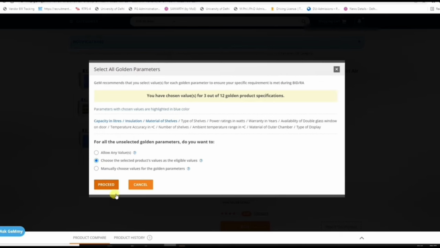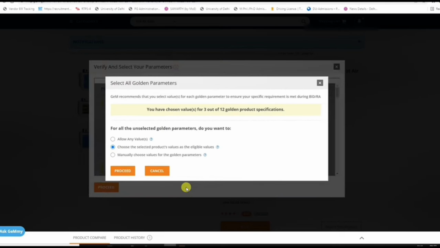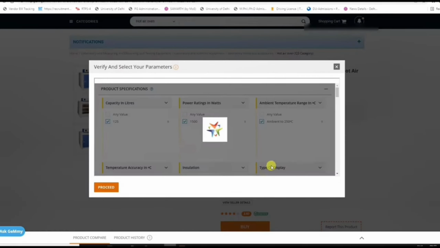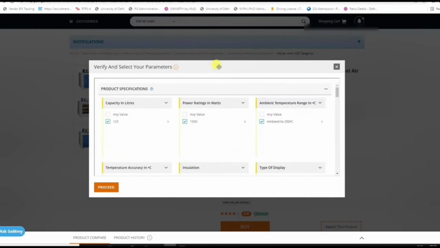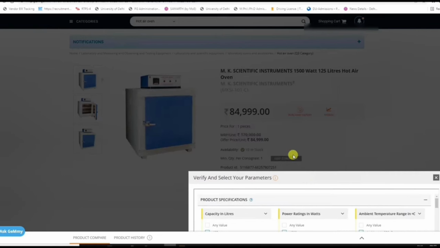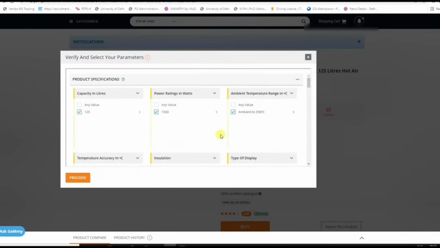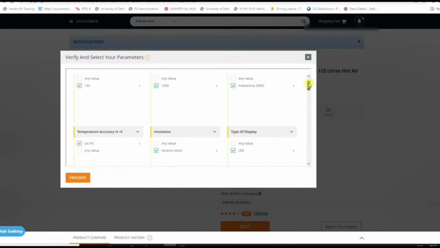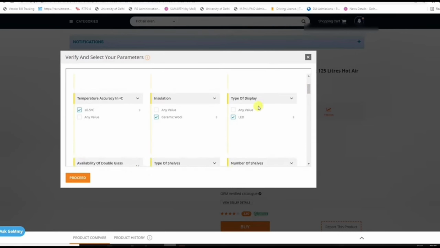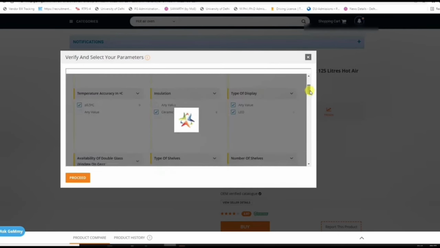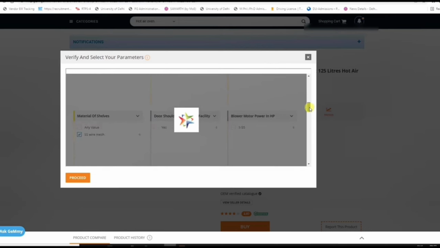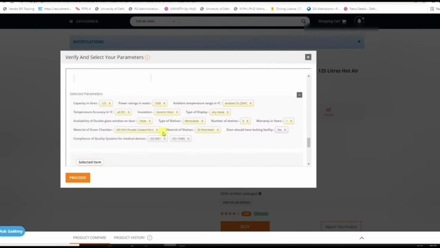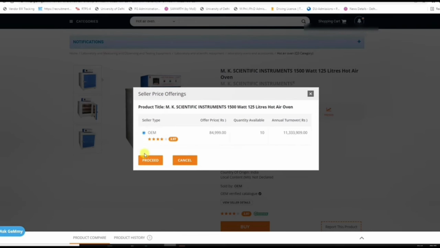If you click on that, then the open product parameters come up automatically here. You can also verify that it's the same product which I want to purchase. Here I see that this is the same product and the specifications also match. On the right side there is a scroll, I can check up and down, and according to the requirement I can add or remove specifications of the product. Now I proceed again, then continue. Again I need to proceed with that product.